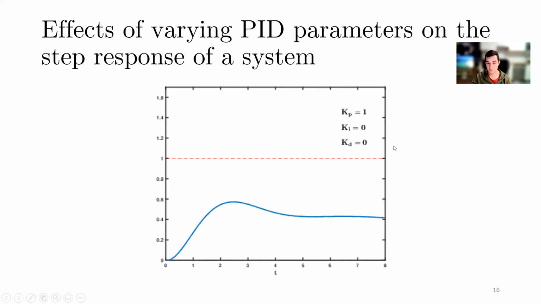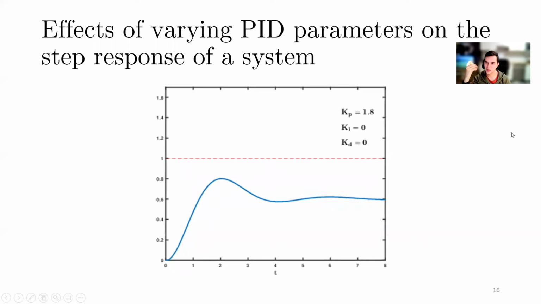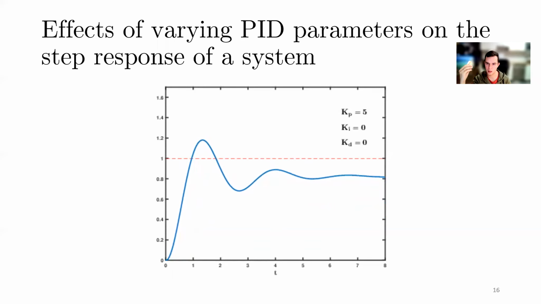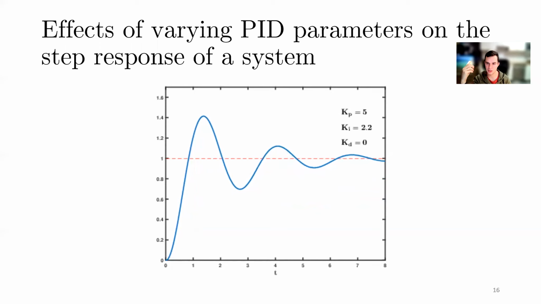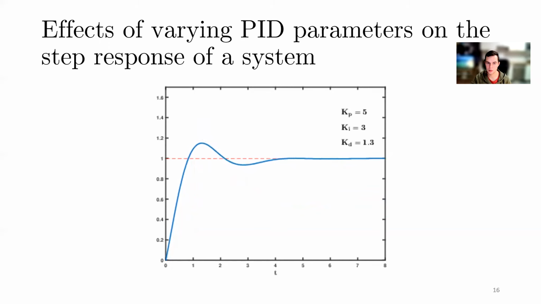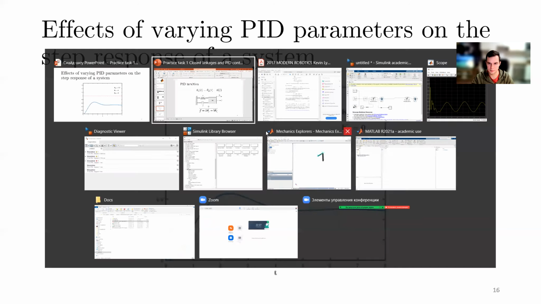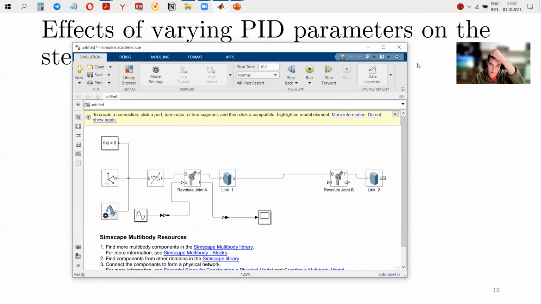So from here you can get the intuition, you can get the feeling about what is the purpose of each coefficient, right? Because we are going to need those coefficients to control our robot right now. All right, so let us go back to the